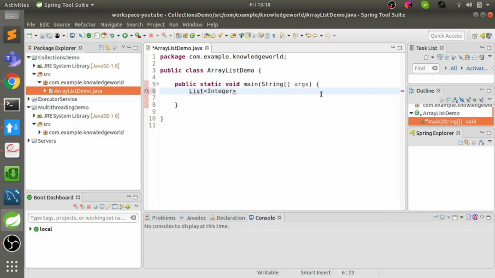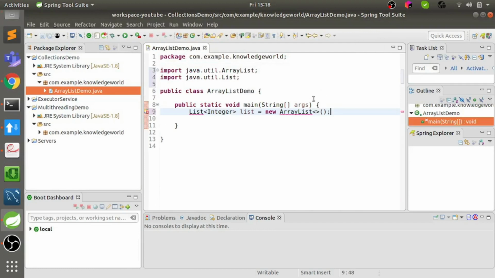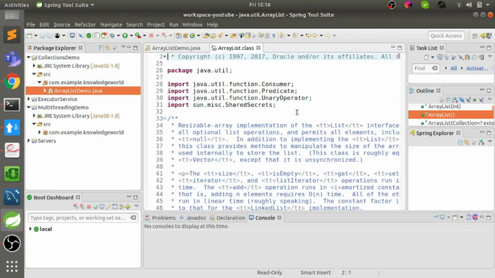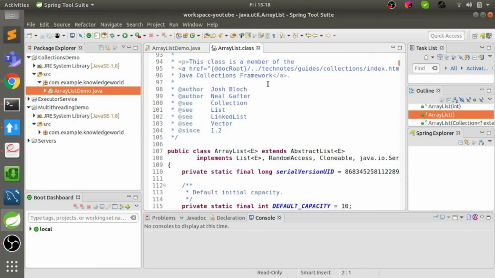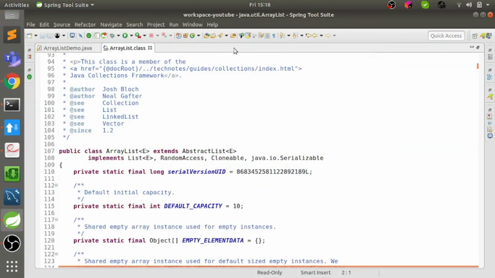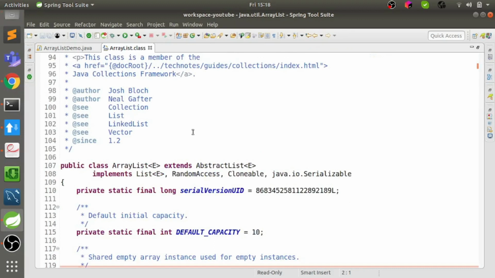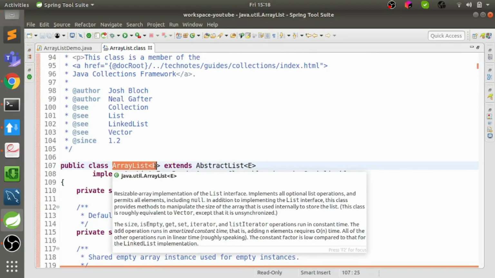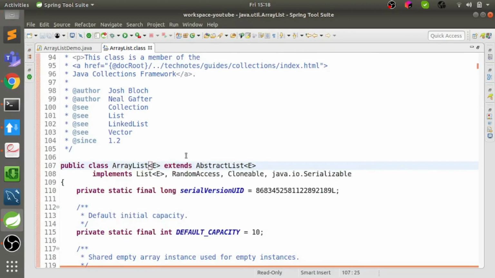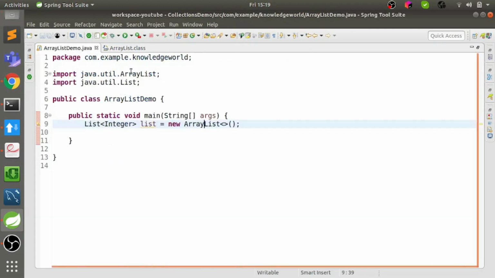Let's say we create an ArrayList of Integer. So it's a generic class. Let me open this ArrayList class. As you can see, ArrayList is a generic class with type parameter E, so we can pass the type at runtime while creating the instance, like we have done here, creating an ArrayList of Integer type.